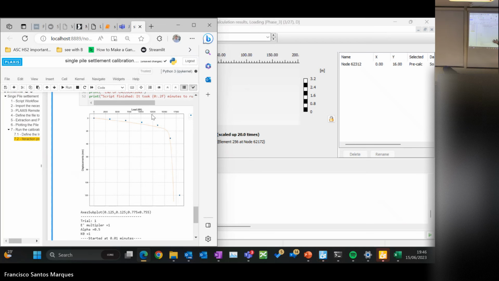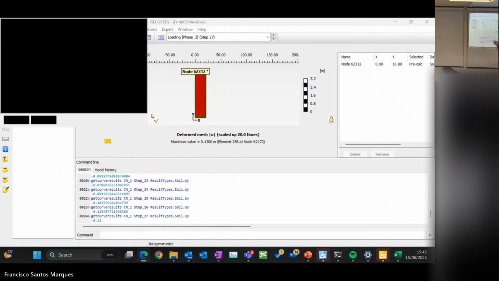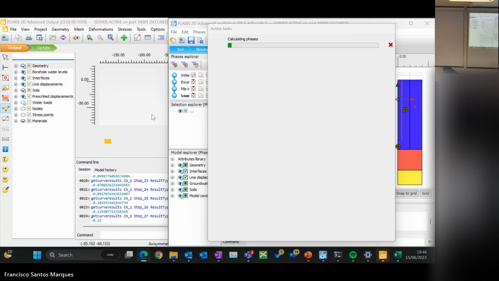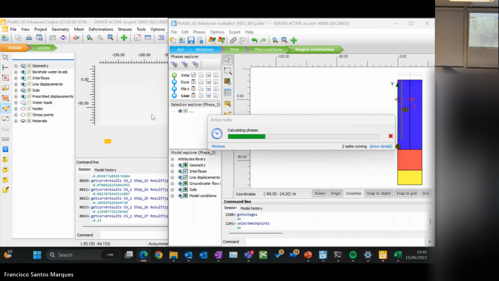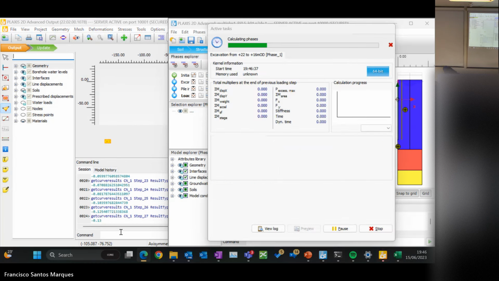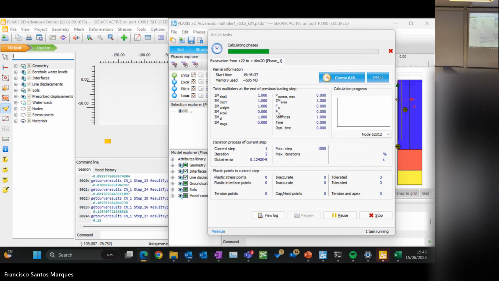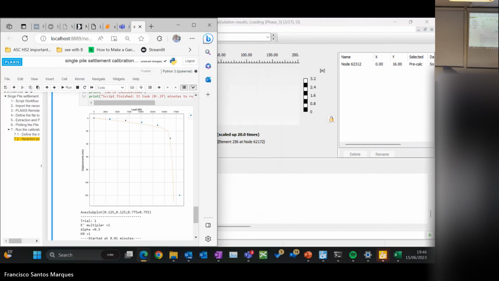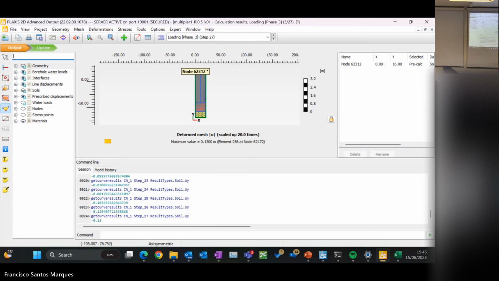So let's say after running a couple of analyses, if I see already something close to this, I would say, well, maybe this is already good enough. But if it was too off, I will just leave the script running until I get something that I like or I'm satisfied with. So in the meantime, while it's running the other one, let me just go back to the presentation, okay?